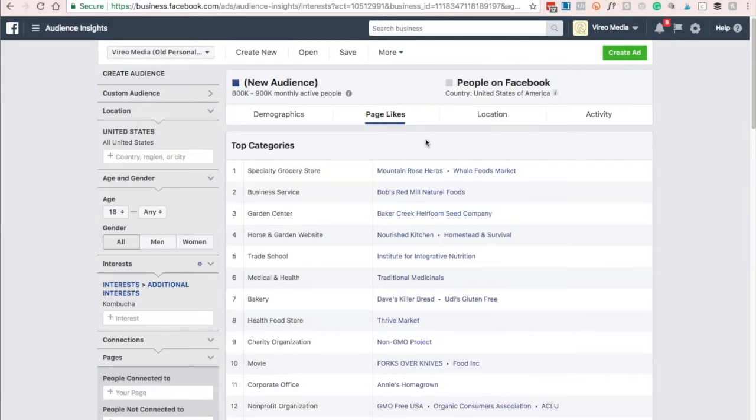Here we can see where they're shopping. They're shopping at Mountain Rose Herbs and Whole Foods Markets. That tells me that if I want my kombucha to succeed, those are 2 grocery chains that I should definitely consider. I can also see what types of websites they're going on: Nourished Kitchen and Homestead and Survival. Looking at that, I can see that it would be a great idea for me to do advertising on one